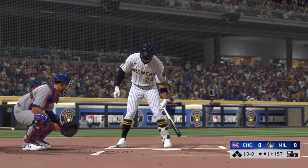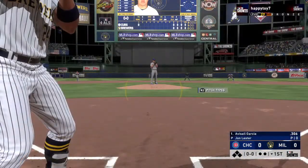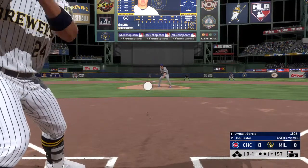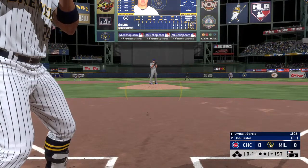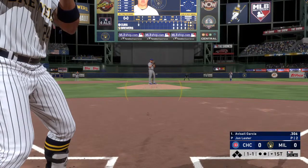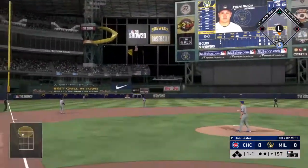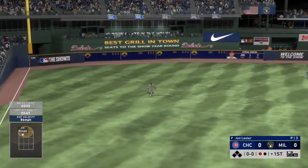Into the box, Avisail Garcia. He'll lead things off here in the bottom half of the first. Here comes the pitch for Garcia. 92 splits the plate, and it's strike 1. A 1-1 count to the Brewers leadoff man. The 1-1. Line drive to left. But he'll hardly need to move out there in left as this is hauled in for